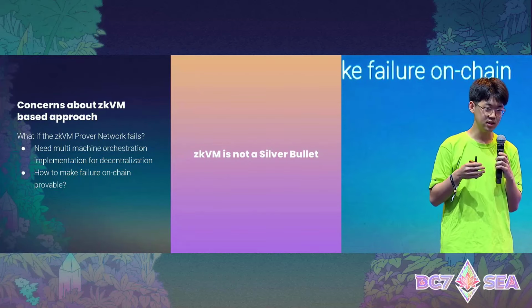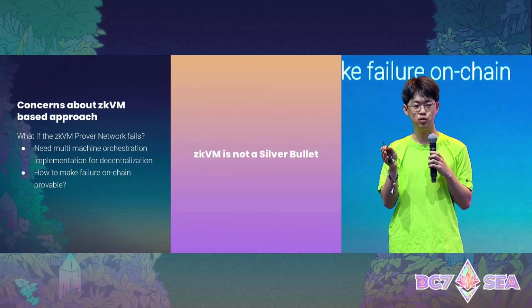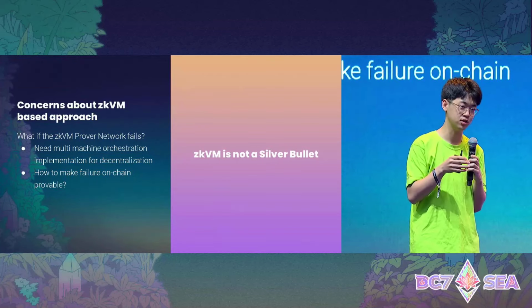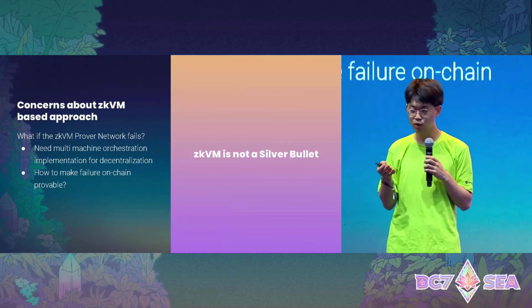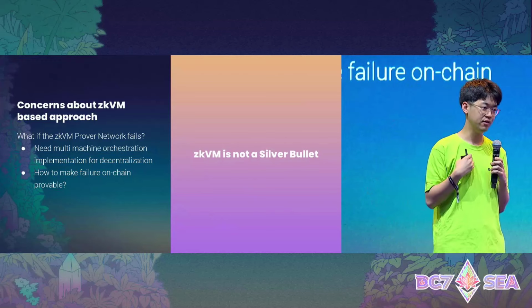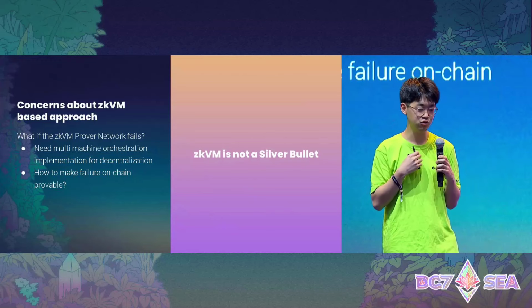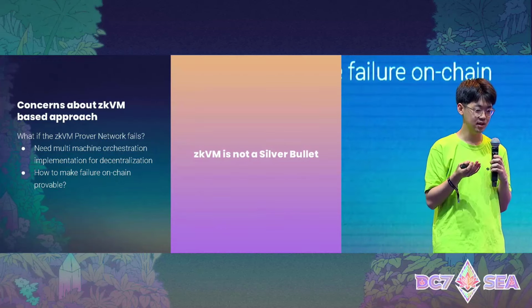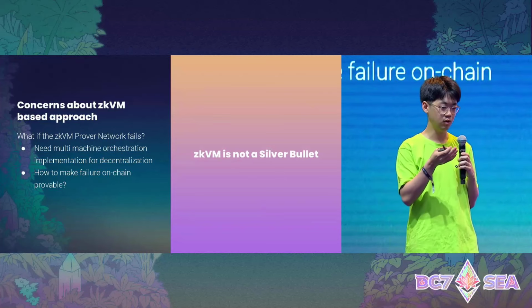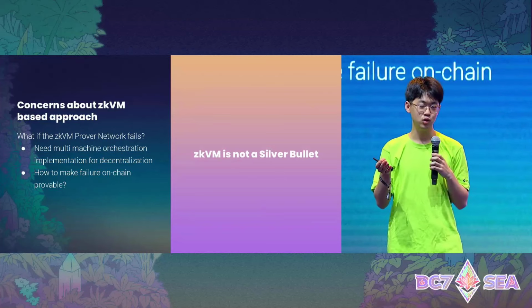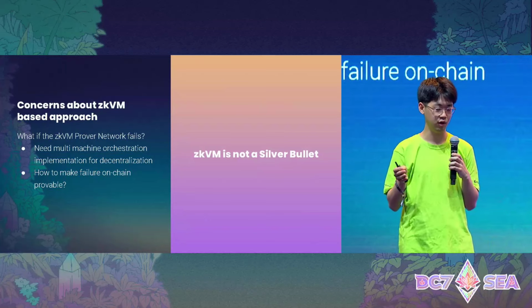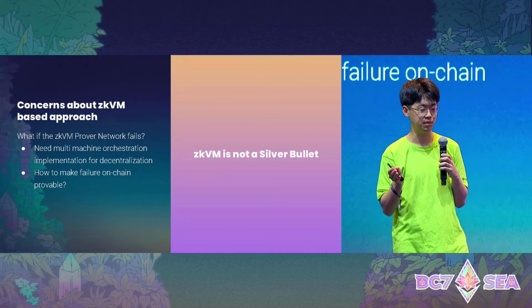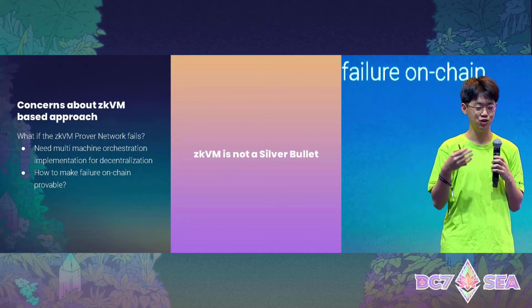But since most of the such prover network related codes are closed sourced, maybe to handle this kind of network reliability issue, us Chroma might have to implement a code to orchestrate multiple machines so that every validator could... I'm not sure if this is correct, but they might have to run a cluster to generate a proof for